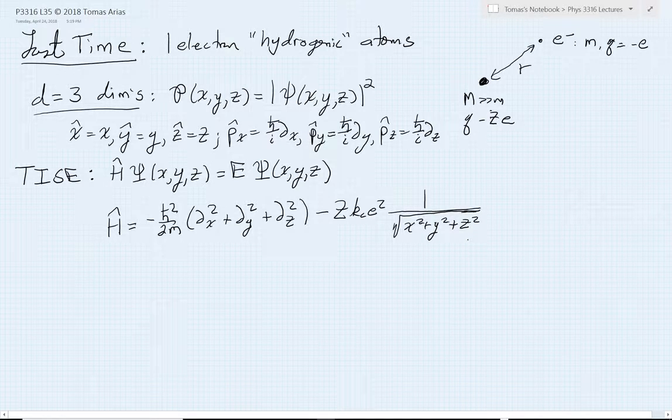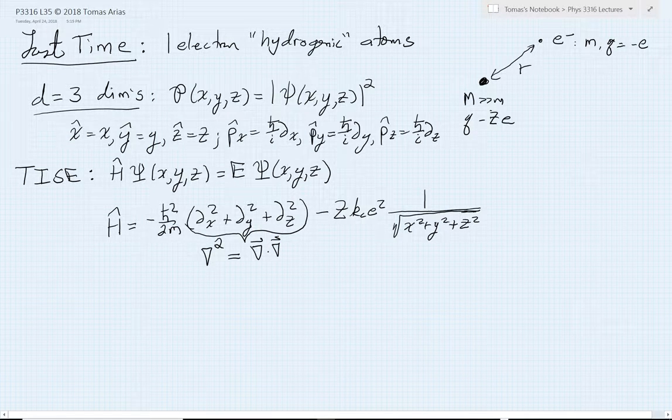Now, before we proceed to finding methods to attack the complexities that we see here in 3 dimensions, I'd just like to mention a little bit of shorthand that will make our lives a little bit easier as we move along. The sum of these 3 different derivative operators, of course, is a well-known operator. This is the Laplacian operator. We will abbreviate it in the standard way as del squared. Another way of thinking of this Laplacian operator, of course, is that it is the divergence of the gradient operator